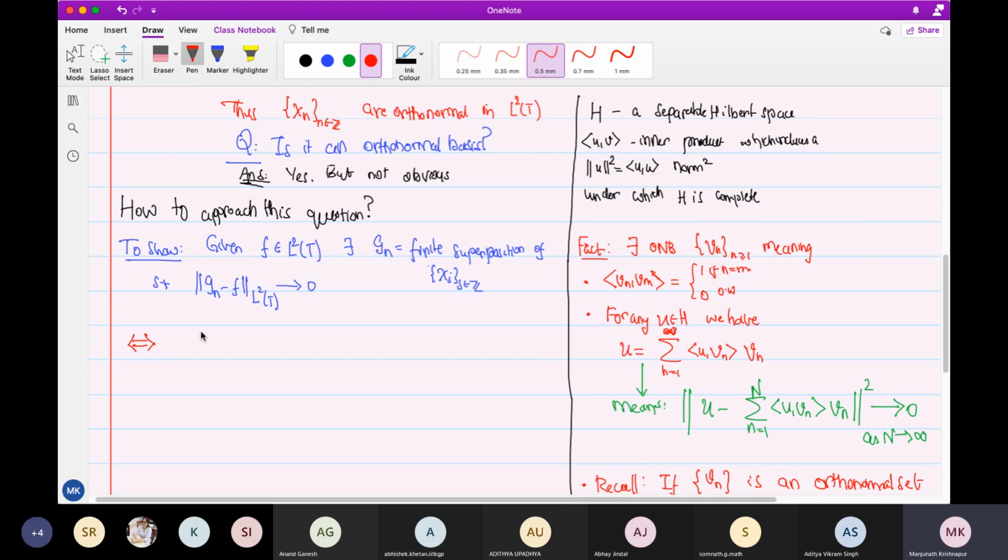So a natural thing to try would be to take finite linear combinations of characters with Gn equal to, let's take k equals minus n to plus n. Since my characters are indexed by integers, the most natural thing would be to take this. This would be the most natural approximation to take, right? This would be the best one based on chi minus n to chi n. So with Gn equal to this, show that